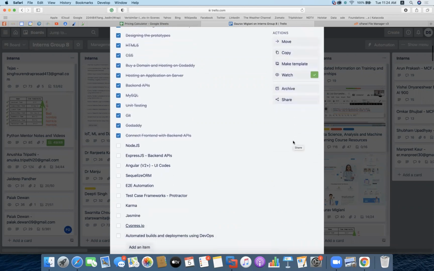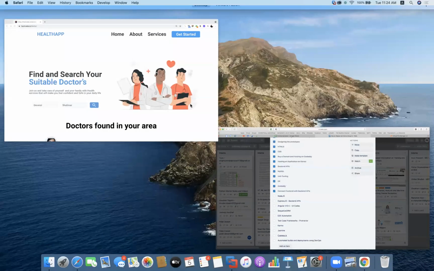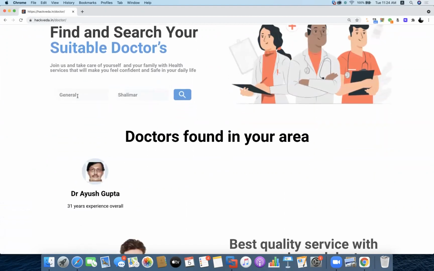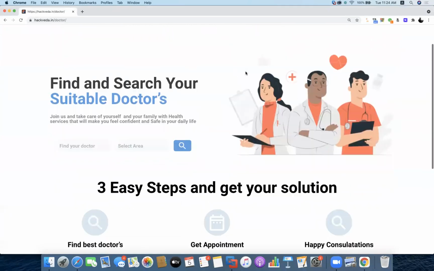In the previous session, we started working on connecting the front end with backend APIs. So I'll quickly give you a demonstration of what we have built. We are building a doctor's application, and I have deployed it at hackweather.in/doctor. In the previous session, as soon as we load, the application looks somewhat like this: 3